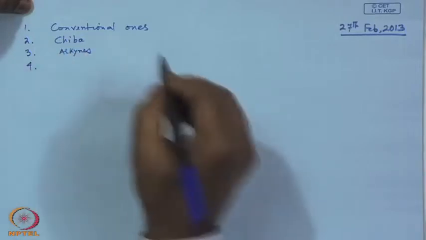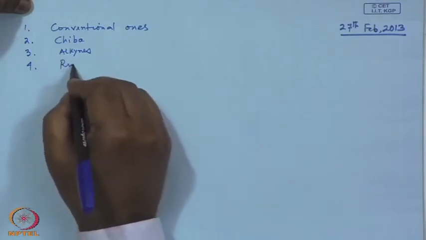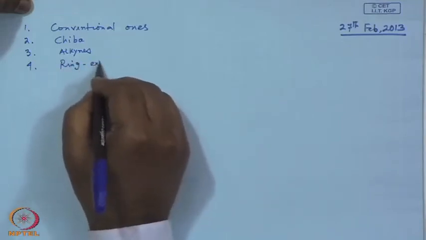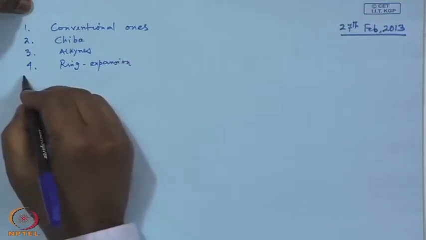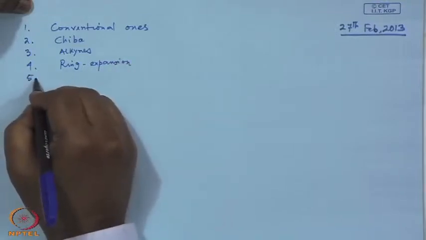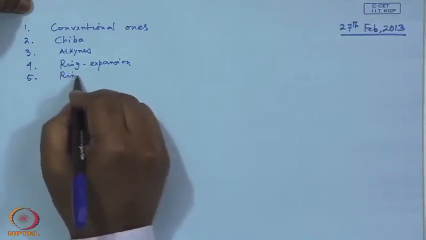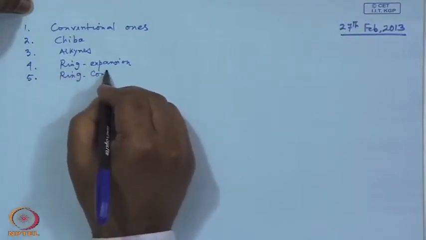Then the fourth category could be ring expansion, and then the other one could be ring construction